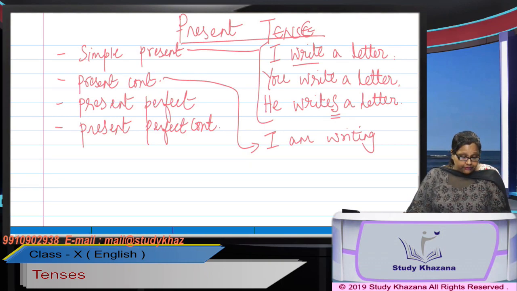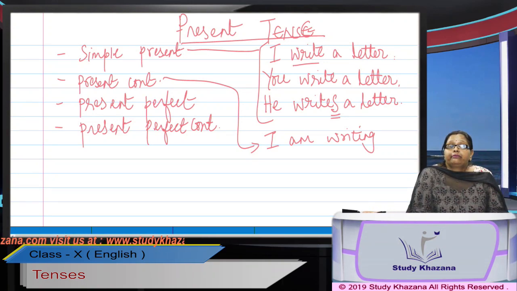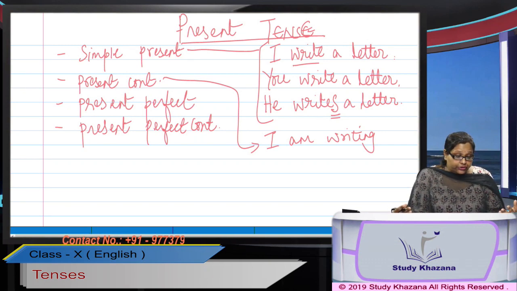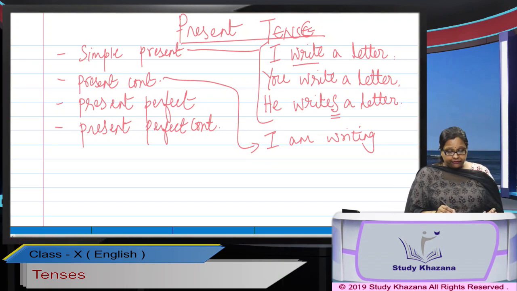So now you can ask me a question like, what is the difference between present continuous and present perfect continuous? So the clear difference: present continuous refers to an action which right now I am doing, and perfect continuous denotes those actions that were started in the past but are still going on. Present continuous are simply those actions which we are doing right now. It didn't start in the past. Okay, so now the perfect form will be